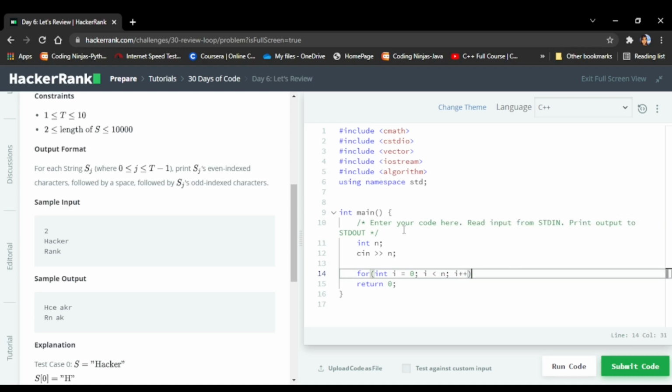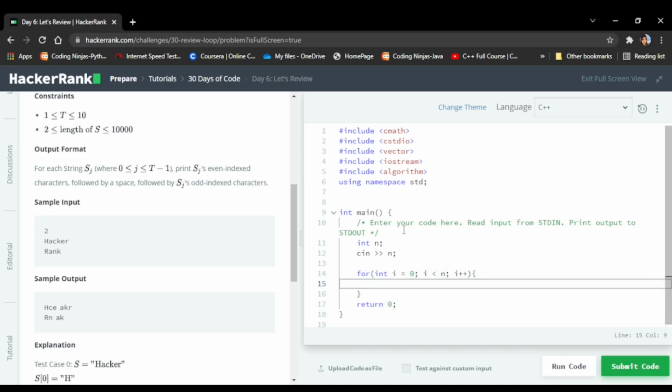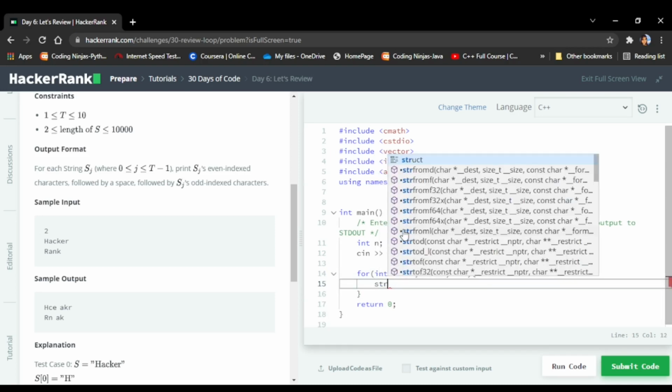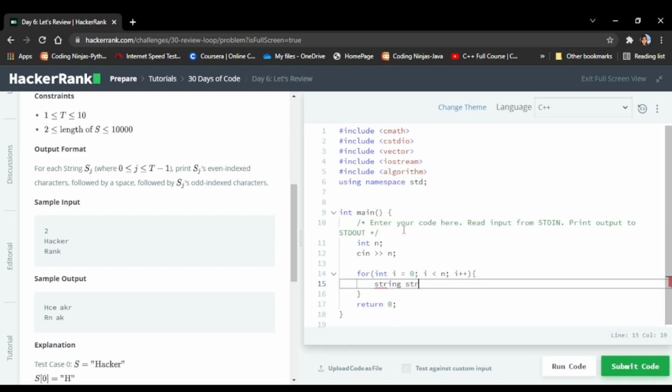And then string str. In the for loop we will input the string, because as in the example they have said in the sample input, they have taken the number of test cases first, and the number of test cases will be the number of strings to be inputted.